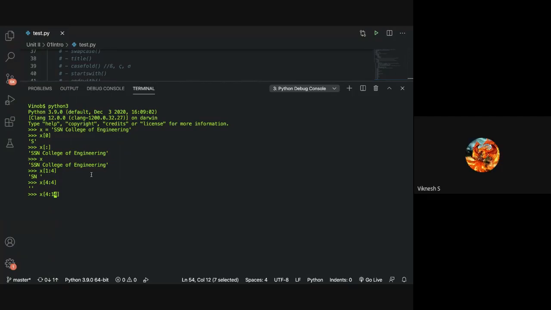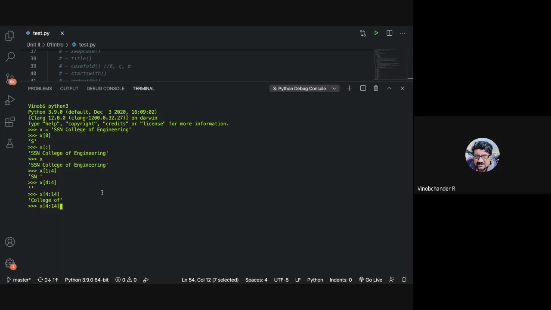Till 13, essentially. It is not going to include the last element. So 0, 1, 2, 3, 4, 5, then 6, 7, 8, 9, 10, 11, 12, 13. So we get "college of".